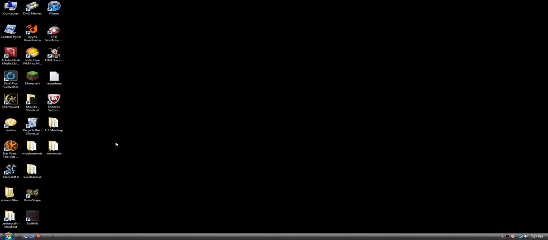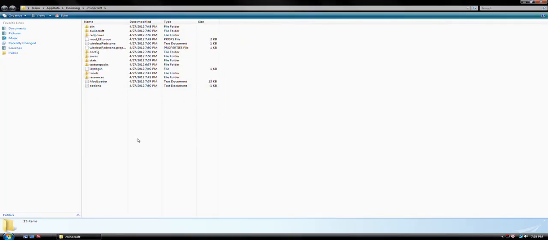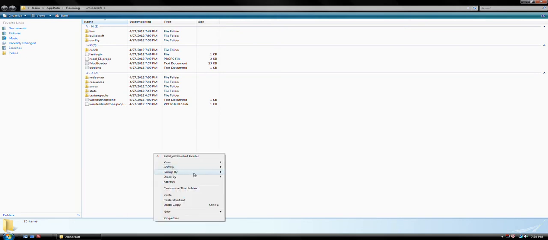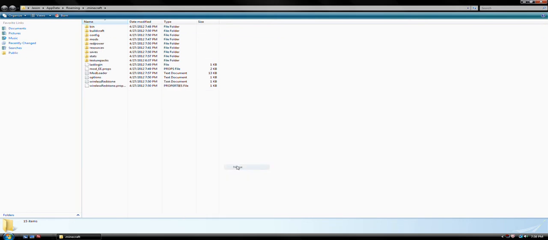Okay, so now let's go back to our .minecraft folder here. And let's disable these ores, 2 of the 3 ores. We don't want to disable all the ores. Group by name. No, I didn't want to do that. So sort by name. There we go. All right, so we need to get into the config file here, and I'm gonna leave the Industrial Craft ores. So I'm gonna leave the Industrial Craft copper and the Industrial Craft tin. And to do that,